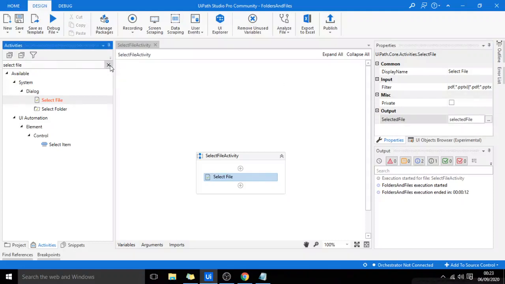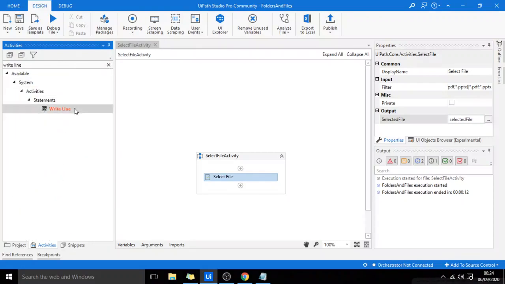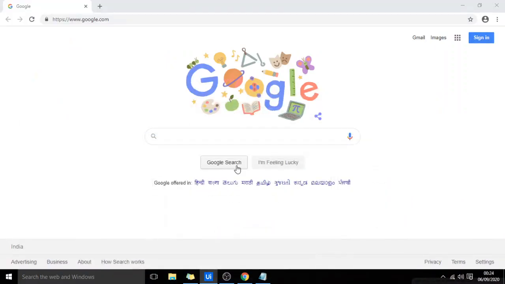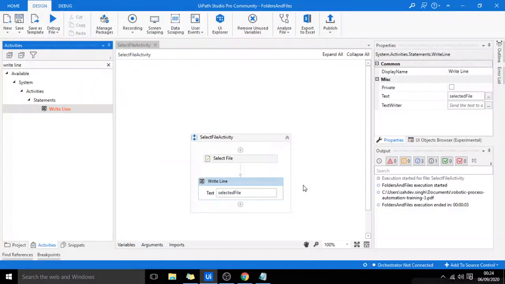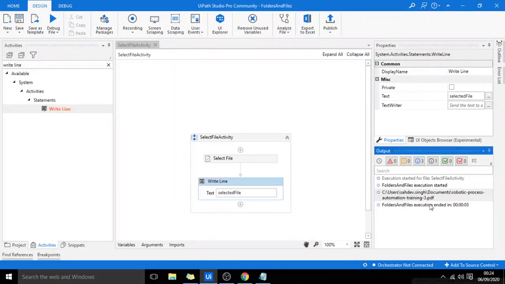We can display the value of this variable using write line, selected file. I will execute this. I will choose this file. You can notice the full path of the file is displayed over here in the output panel.